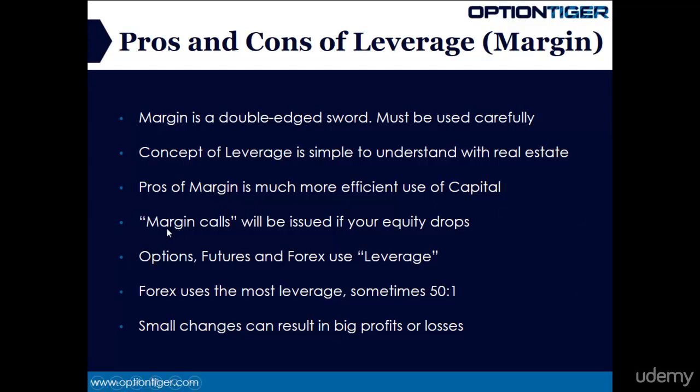However, if your equity falls, if the stock falls beyond a certain point, the broker will issue a margin call. And margin call means you have to add more money to your account to satisfy that margin call. And they'll give you 2 or 3 days to do it. And meanwhile, if the stock continues to drop, then they're going to liquidate your position because the broker is not going to take the risk on that position. So they will close it out. This is all in their terms of use. So they are well within their rights to close out your position if your equity falls below a certain level.